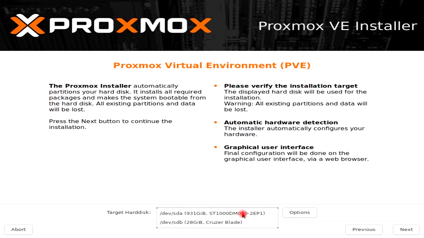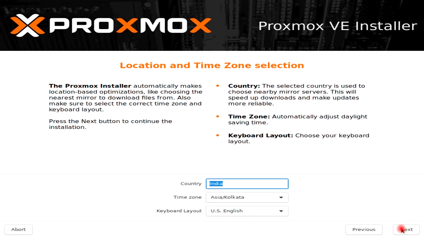Then we will create a storage with the help of the internal hard disk, and it will be used for hosting the virtual machine.